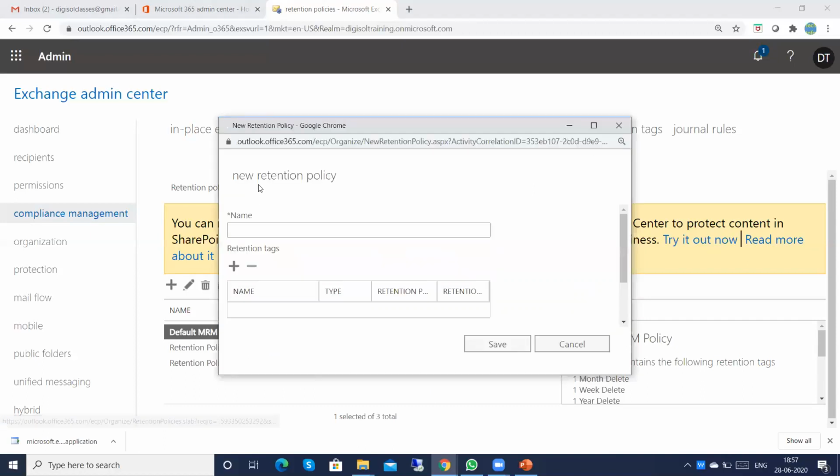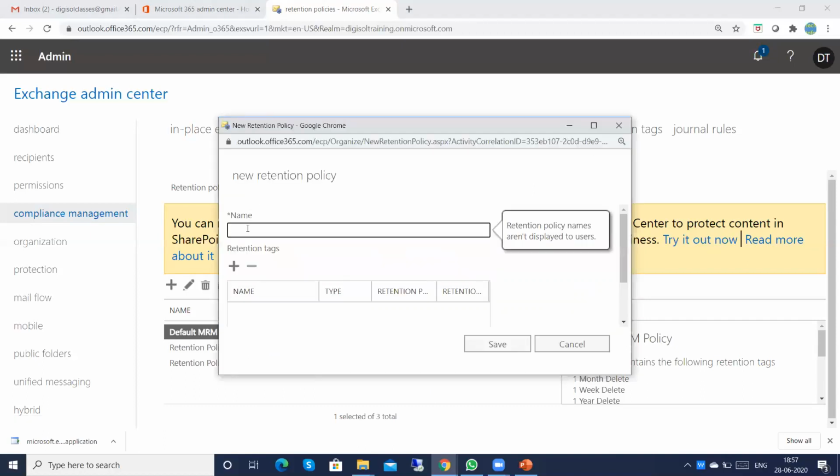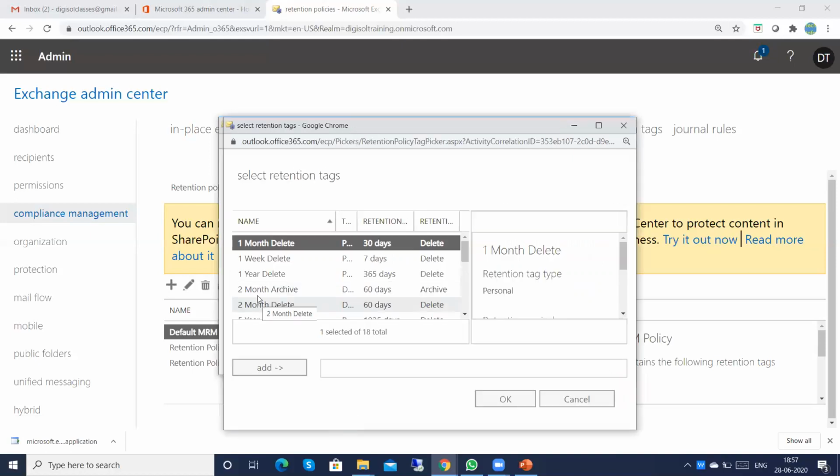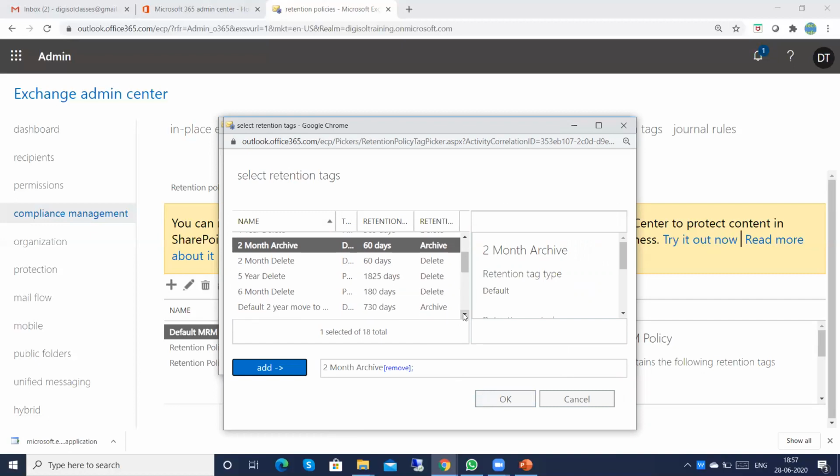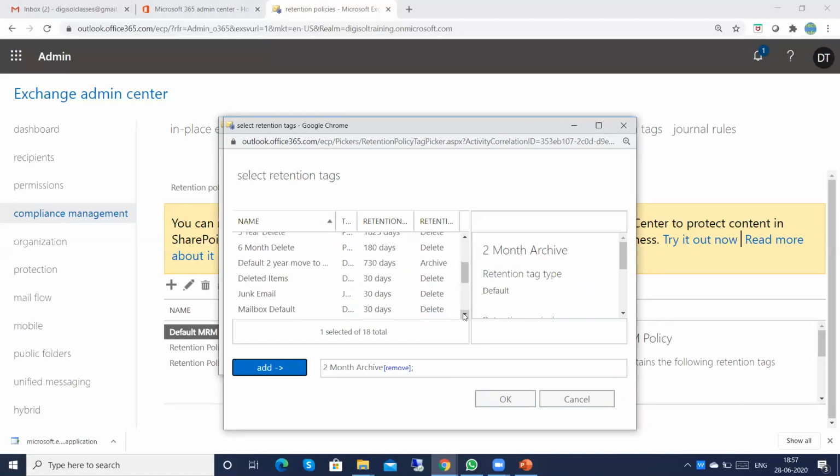Okay, I'm just creating it. Or you can utilize any other one, like the 30 days deleted item.